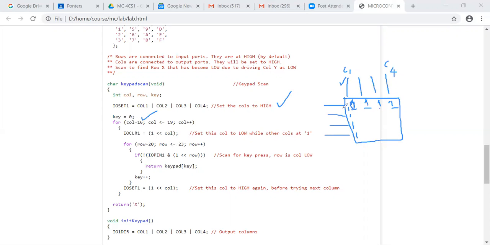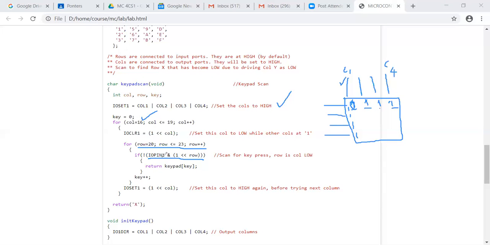And then scan all the rows, that is, a for loop is there. If the IO pin 1 corresponding to the row is 0, this is a little logic you need to carefully study.